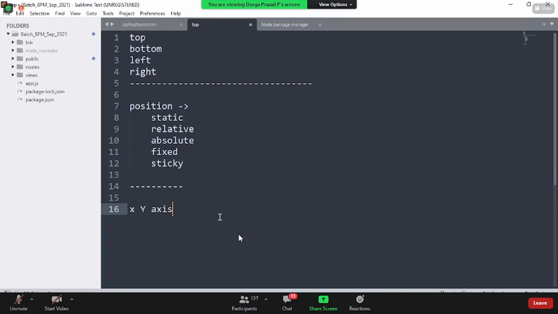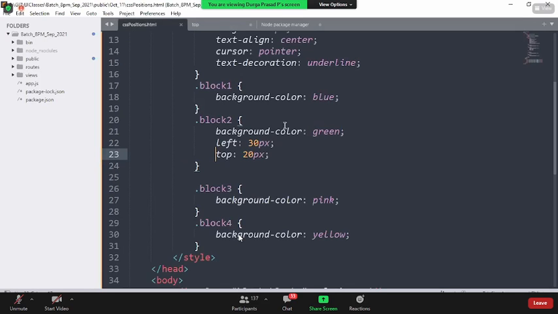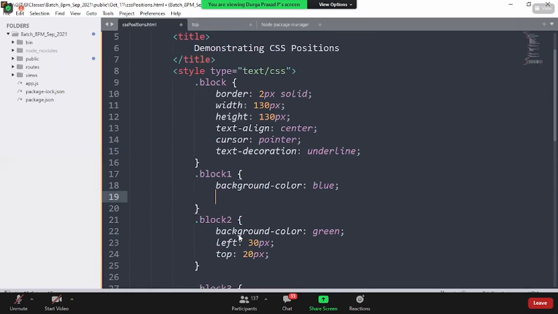Anytime the element gets rendered on the page, by default it falls under the XY axis because it is a statically positioned element. An element which is positioned static will always try to render on the XY axis. So for block 1, block 2, block 3, I may give position static or not even give it.